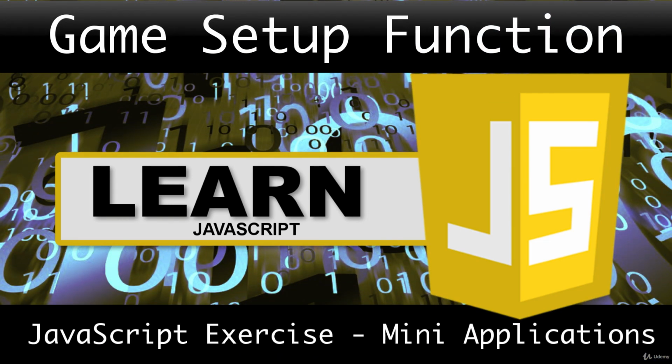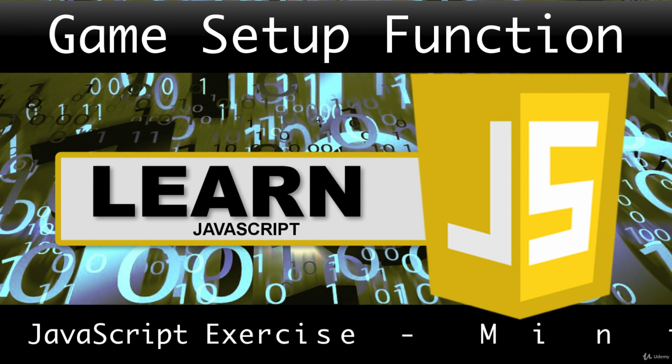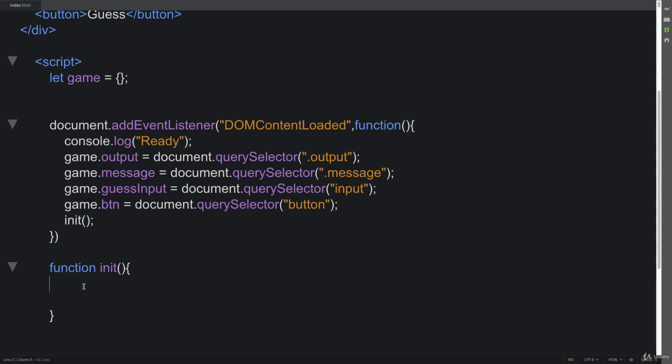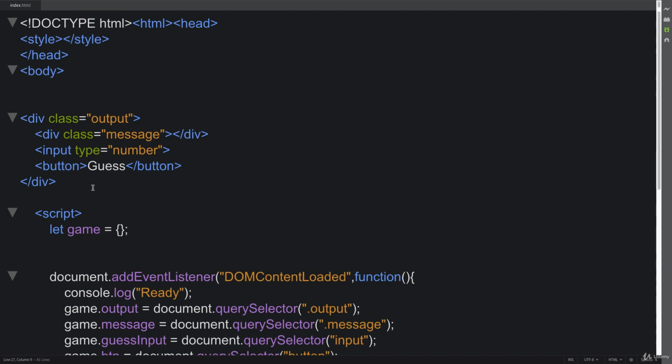Welcome back. In the earlier lesson, we set up our HTML, then used JavaScript to listen for the DOM content to be loaded, and now we're ready to initiate and set up our gameplay. And we can do this in the same way. If you want to create different types of games, the methodology is the same. You come into your HTML application and you look at what the user needs